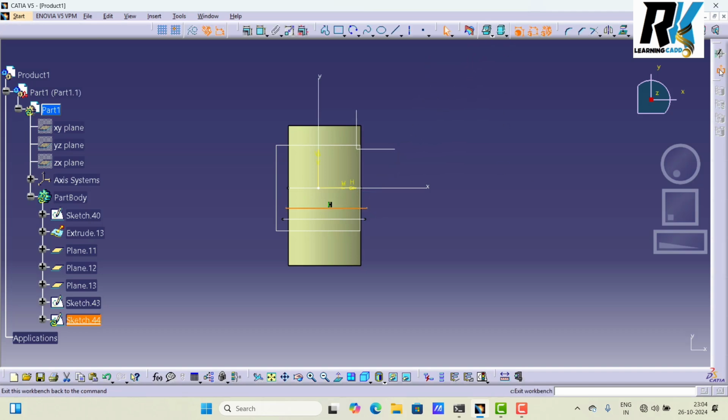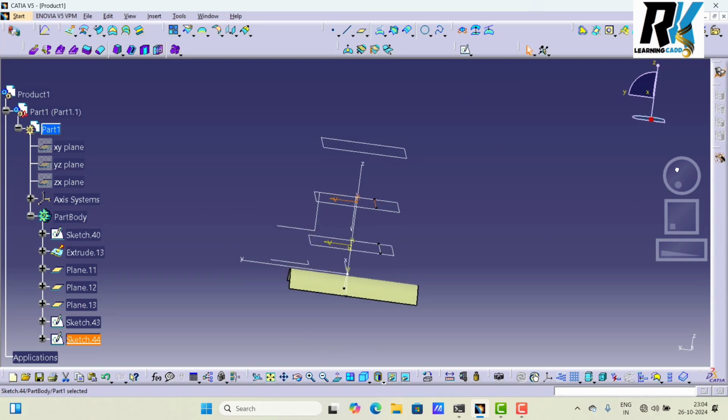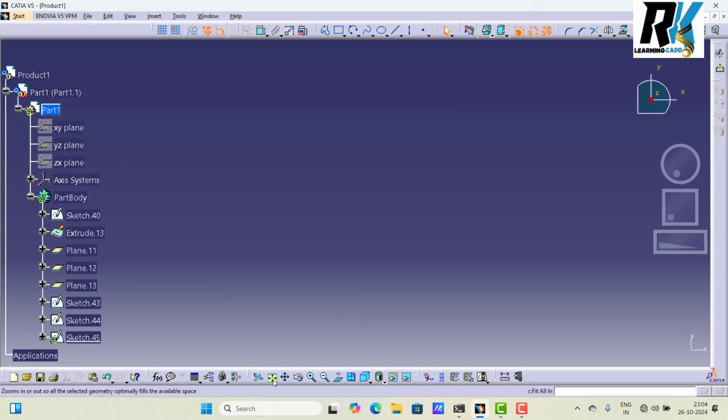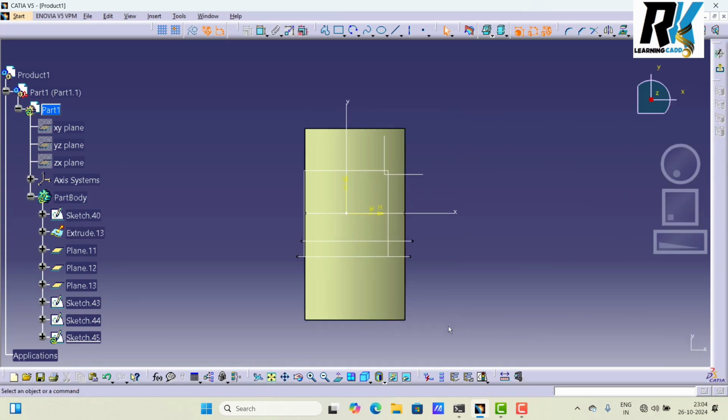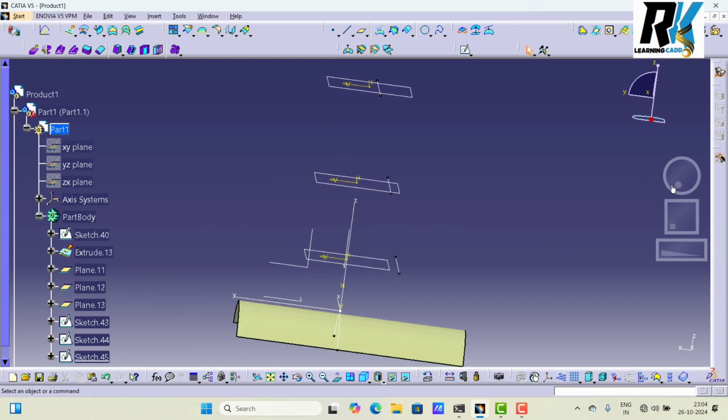Just finish it. Okay. Again select this plane. Go to here. Again I made here one line. Finish it. So four guide curves here.